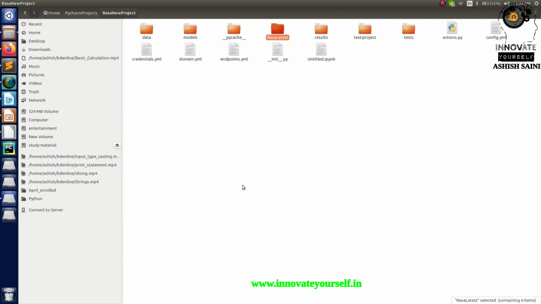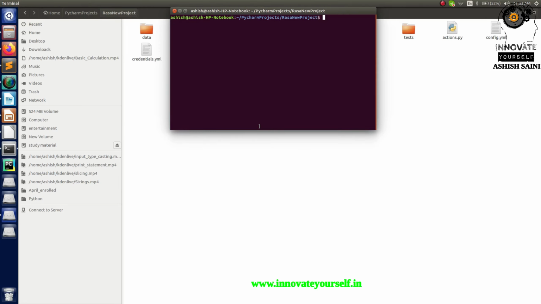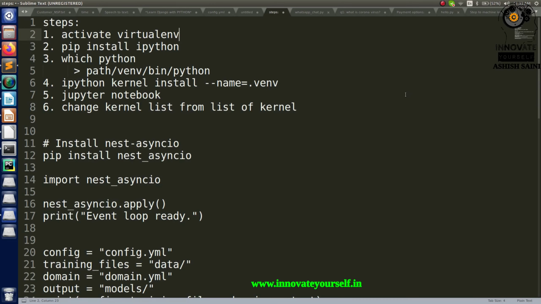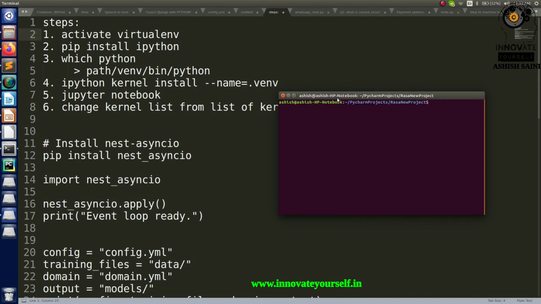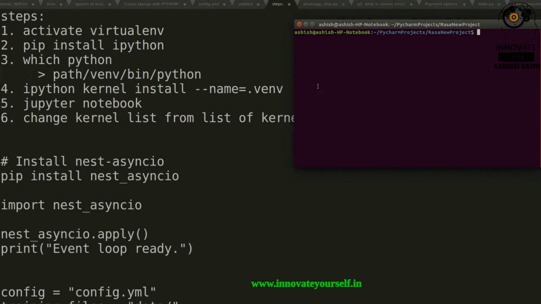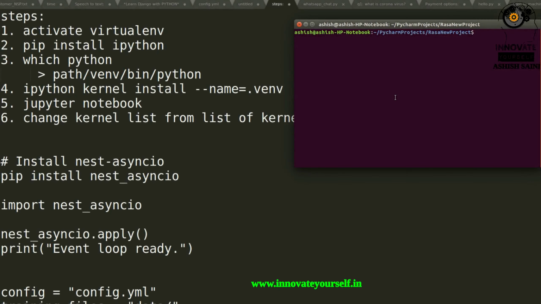This is the project directory which I'm working in right now, right? Let me just open a terminal for this. So I have opened a terminal over here. Now let's go back over here. Alright, so now let's start from here. Firstly, the very important thing, you have to activate your environment. Alright, let me just activate it.